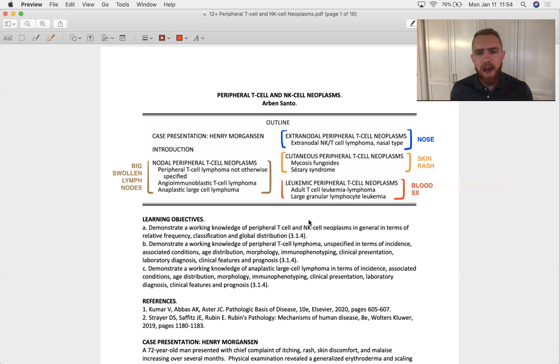And then finally, we have a couple of leukemic T-cell neoplasms. And up to this point in the SDL, you deal with lymphomas, which present as basically a cancer of the lymph nodes. But a leukemia is, in general terms, a cancer of the blood and bone marrow. And so patients with a leukemia most often present with blood dyscrasias. They're going to have a pancytopenia, or maybe an anemia, or a thrombocytopenia, because the cancer is proliferating in the bone marrow. Or maybe they'll have an elevated white count,